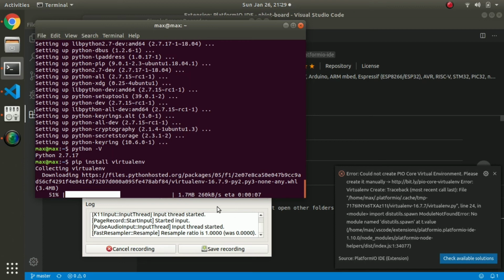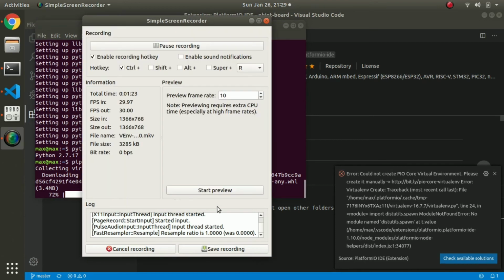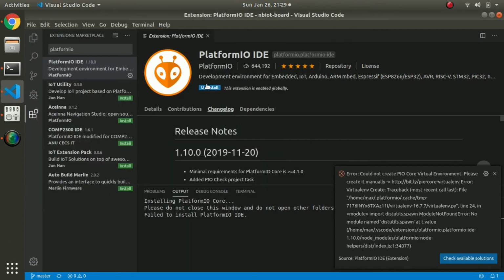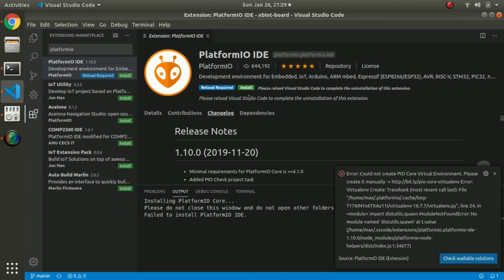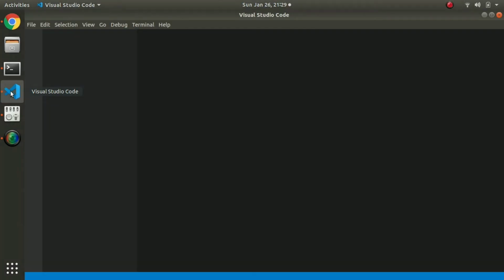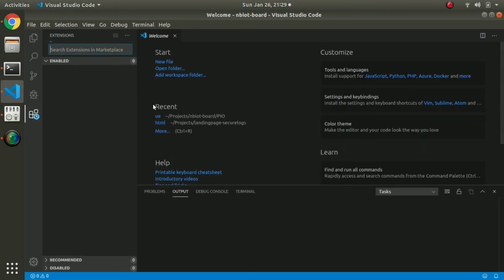I'm gonna pause the video here, and then I'm gonna come back very soon. Okay, so virtual environment has been installed on the system, and now let's go back to our Visual Studio Code and uninstall the PlatformIO extension. Reload required, so we're gonna reload it, close it, open it again, go back to extensions,